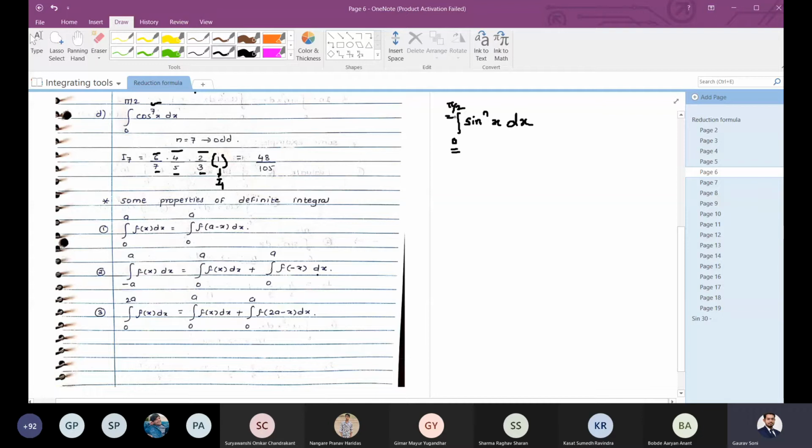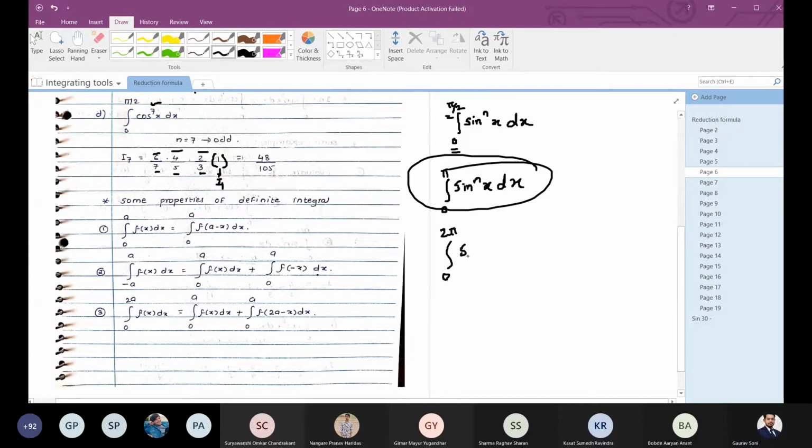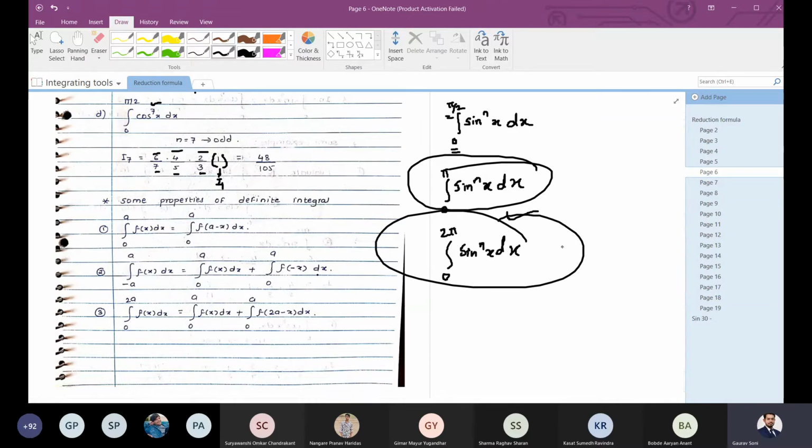So I should be able to find out the integration where we have 0 to pi sine raised to n of x dx. I should also be able to find out if I have 0 to 2 pi. So all these possibilities I want to explore, and the way I am going to find out those formulas is by using